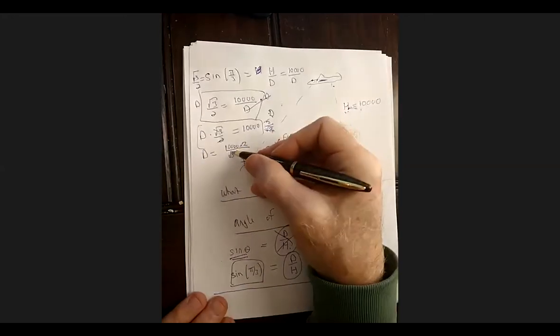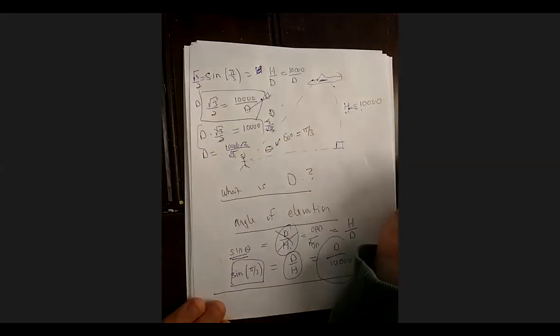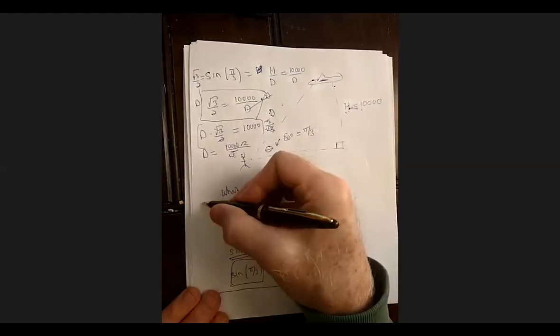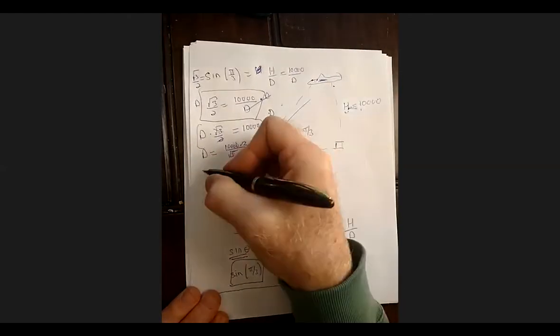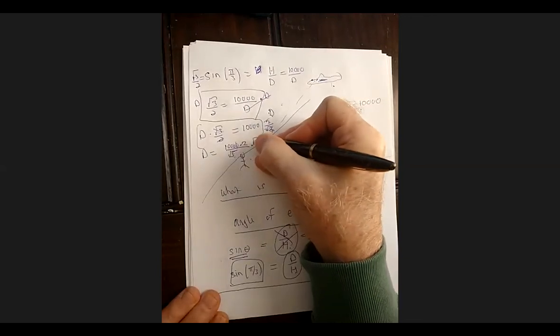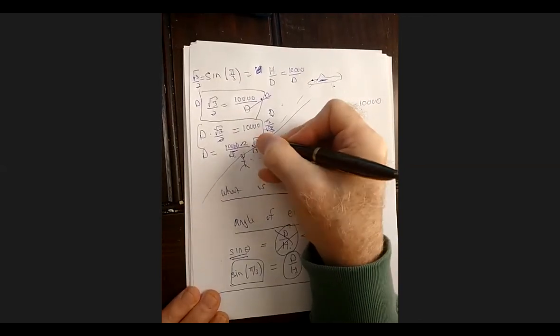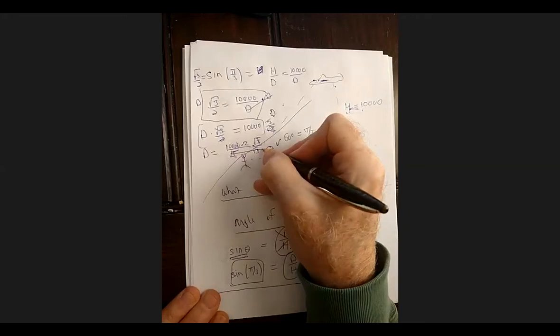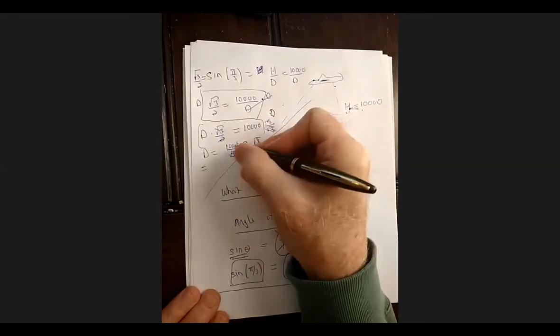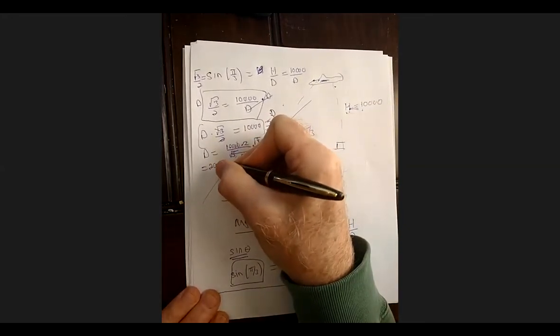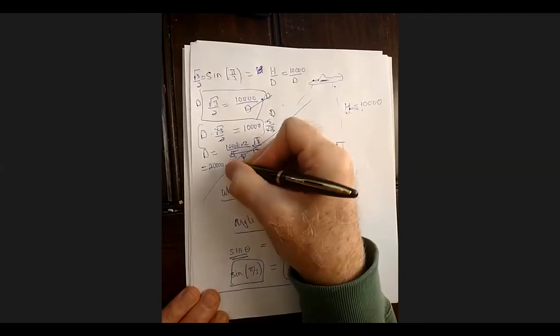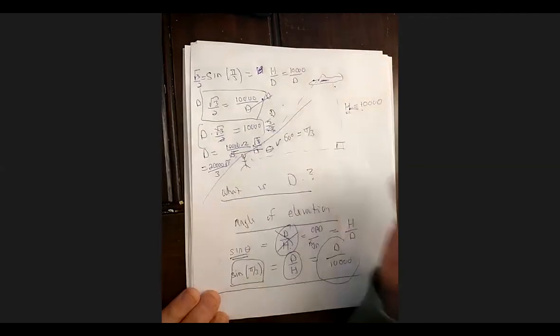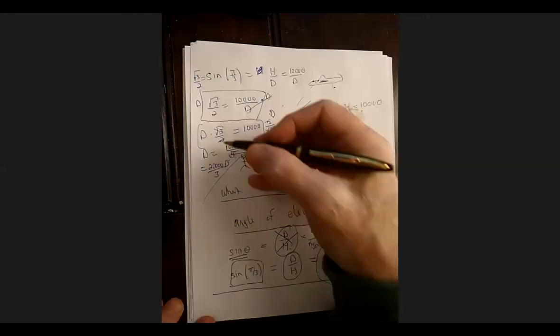And so again, I'm going to accept this as an answer. I might say something like write it as a decimal. If you were doing this in WebAssign, you'd want to get rid of that square root of 3. So you'd multiply it times square root of 3 over 3, and you would get d is equal to 2 times 10,000, which is 20,000, square root of 3 over 3. And that would also be an acceptable answer for WebAssign. But I'm not going to worry about the format on the exam, unless I say otherwise.